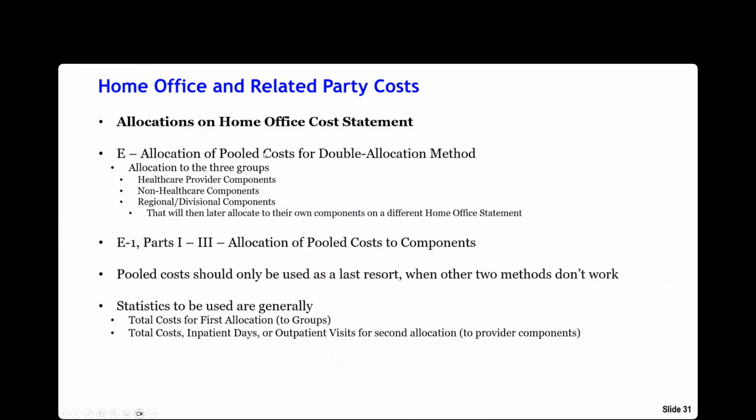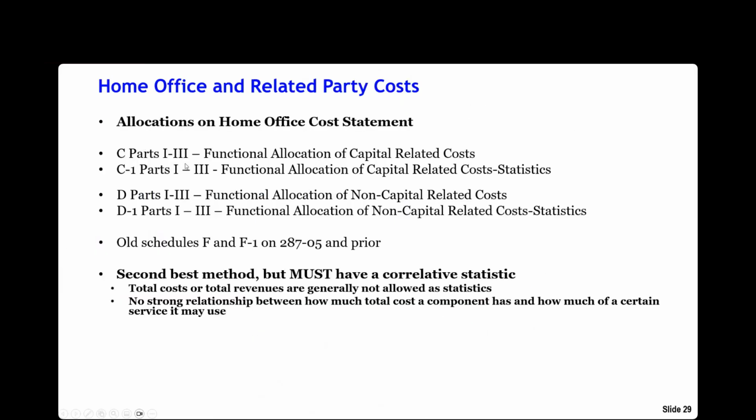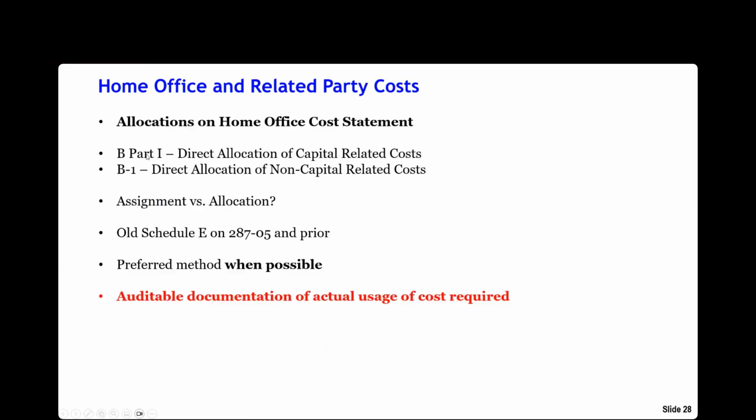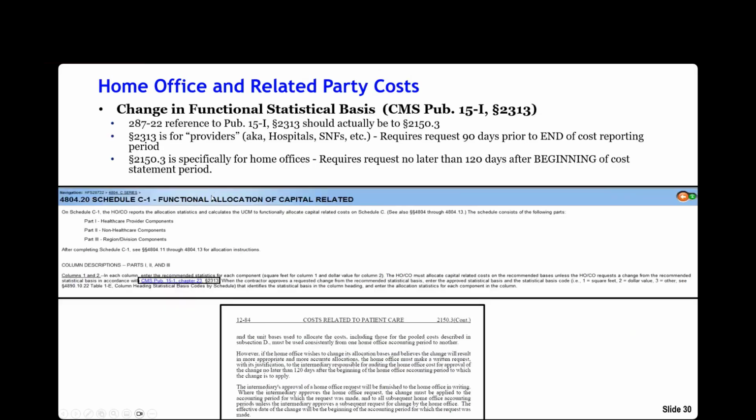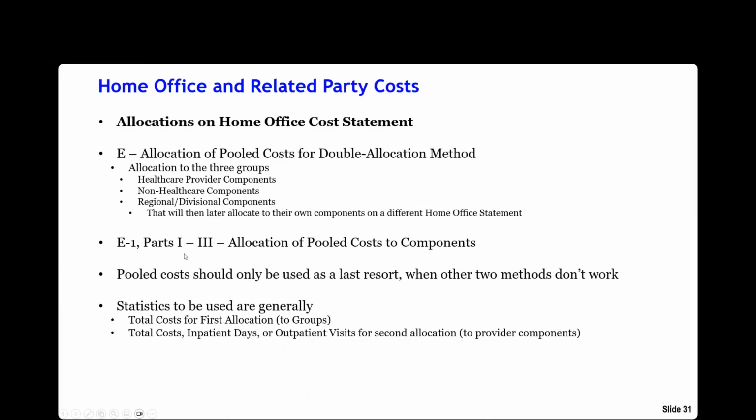So now let's move. Oh, by the way, I do want to go back here for a second before we get into the pooled. Notice that each of these worksheets, B actually has part 1, 2, and 3 as well. And then C has part 1, 2, and 3. We'll see what that means in just a bit. E has the exact same thing. And I'm actually going to bring up,